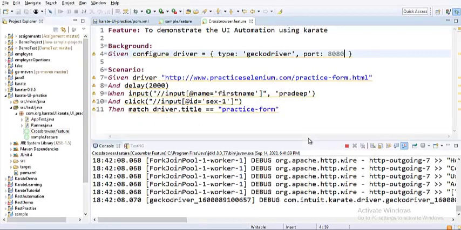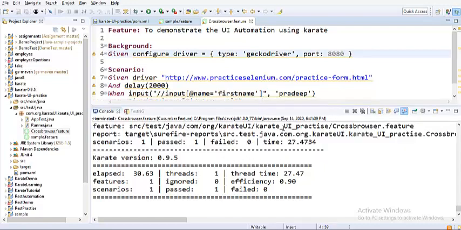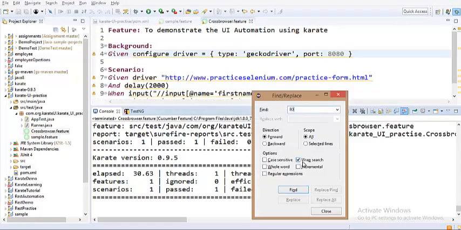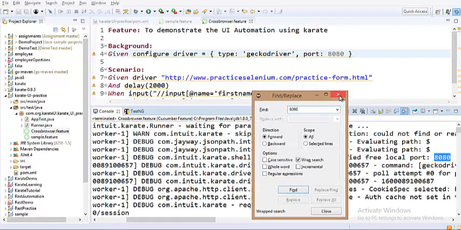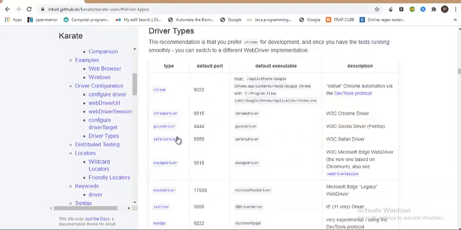So now you should see both actions have been performed and the test case has passed as well. So let us just search for the port number to see whether the port number has been customized or not. If you see, the port number is now changed to 8080, but if you see, the default port number for Mozilla is 4444. So this is how you do cross-browser testing using Karate. So it is this simple. You are not liable to maintain the driver files at all in your local or in your framework. So those are all there by default.